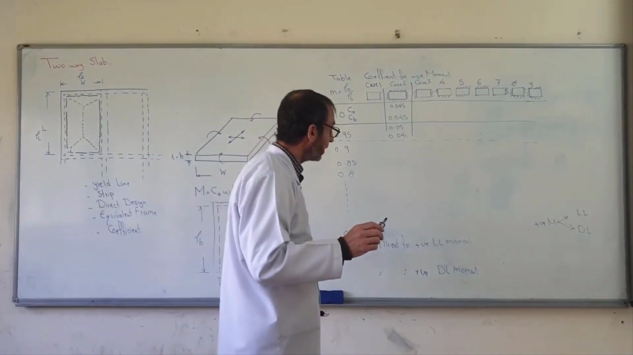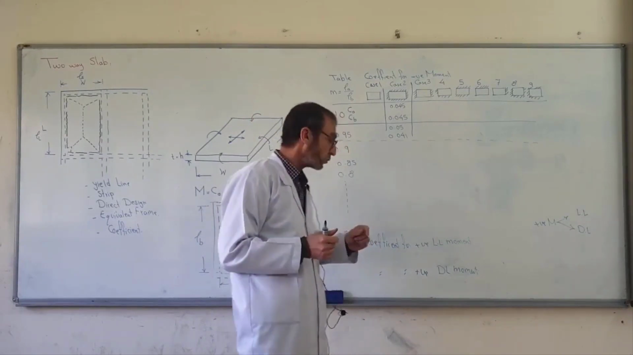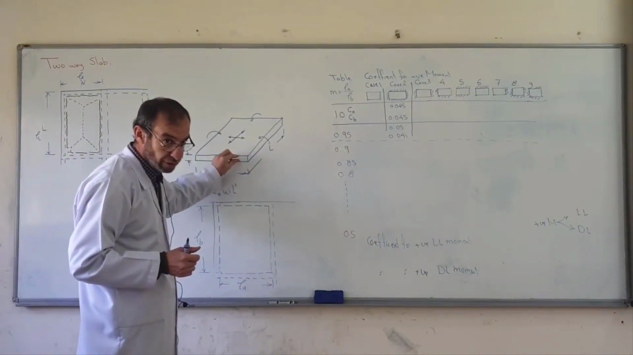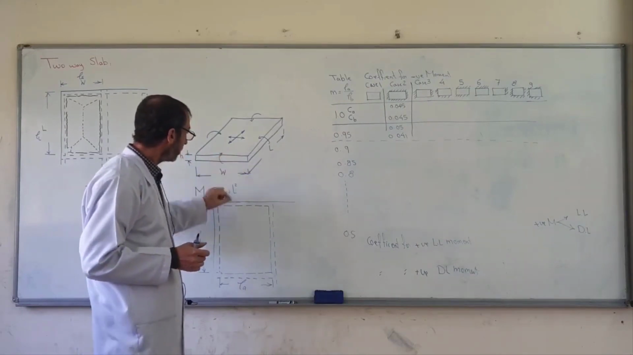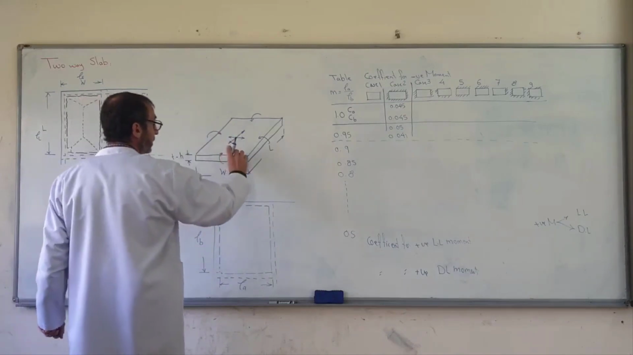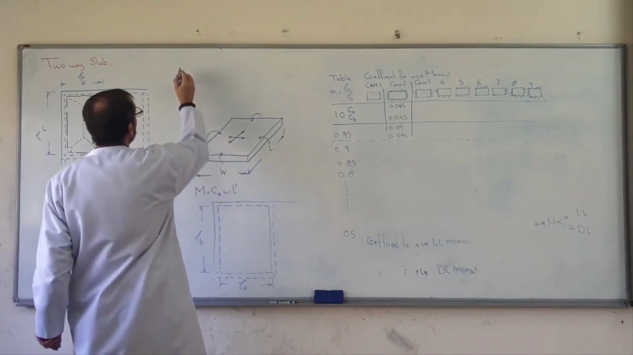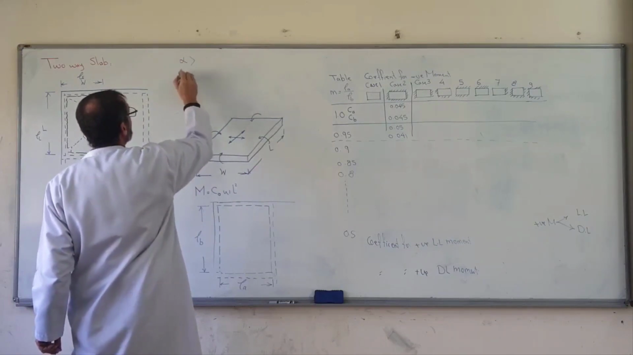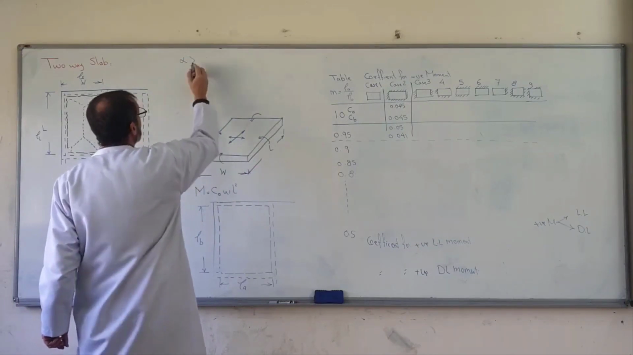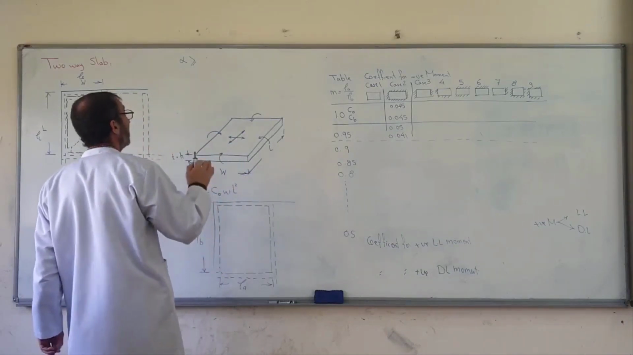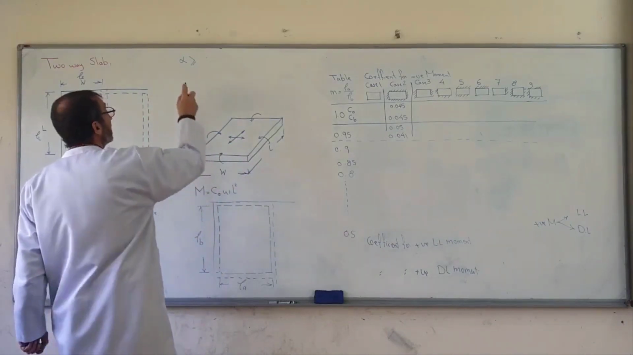Now, how can we find the thickness of the slab? According to the ACI code, we have different equations for thickness. If alpha is more than 2, we have different equations. Normally alpha is more than 2, and alpha is equal to